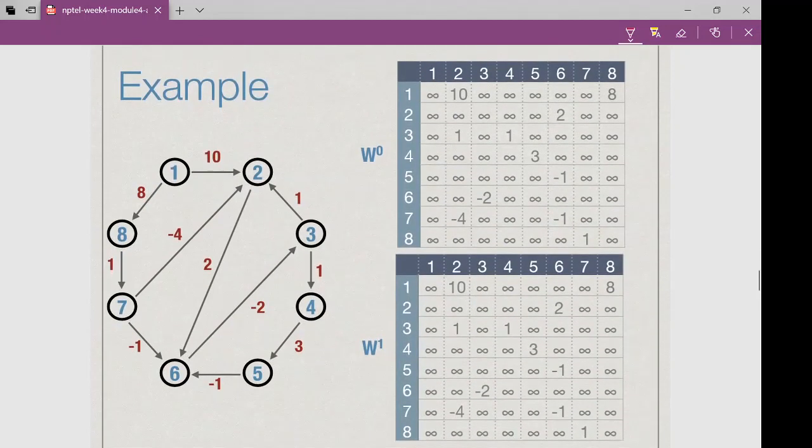Now if we take W1, W1 is not contributing anything in between. For example, we cannot come from anywhere to 1 and then from 1 move further. It means that it doesn't have any such paths, so we will just fill this entire column with infinity. Basically in this particular case W0 is exactly the same as W1 because W1 is not contributing anything. We cannot go from anywhere to anywhere via 1.